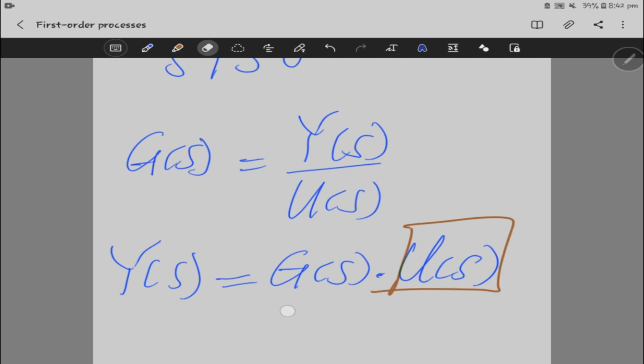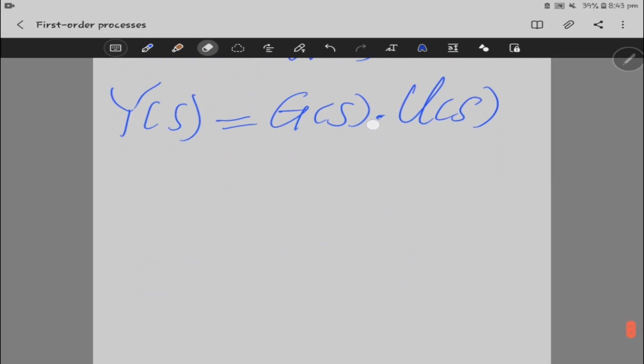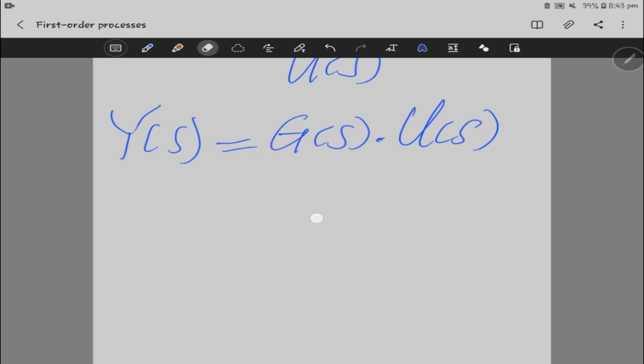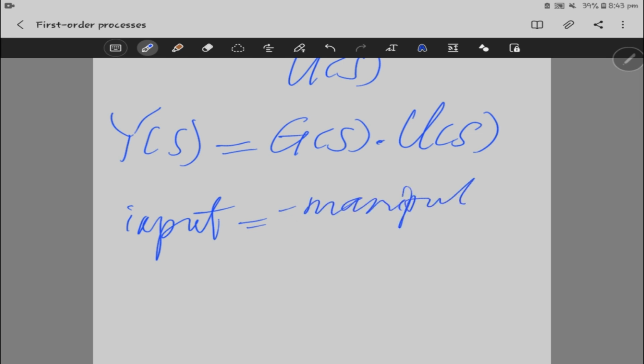Fine. And then we'll look at examples that require understanding these things before we continue. So if you have a system where the input is more than 1, or the output is more than 1, you have different transfer functions, right? So let's say you have a system with inputs, and we know the inputs can be a manipulated variable and a disturbance. So if a system has a manipulated variable and a disturbance, and just one output,